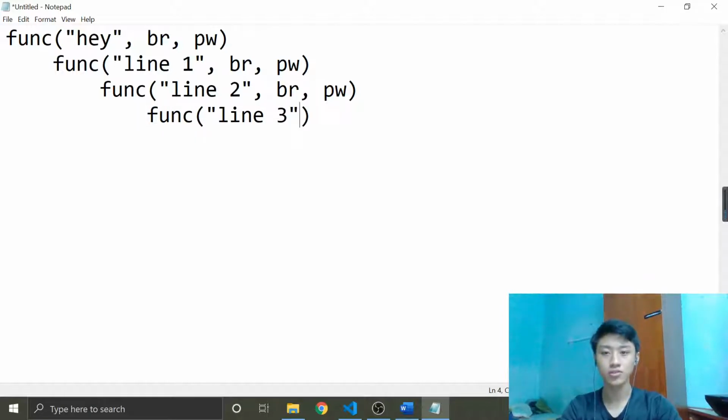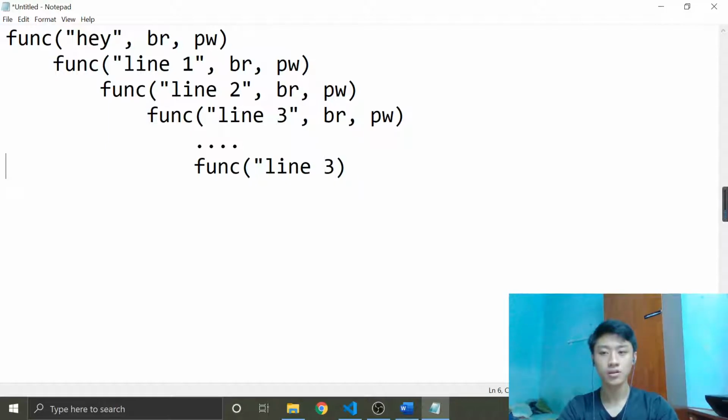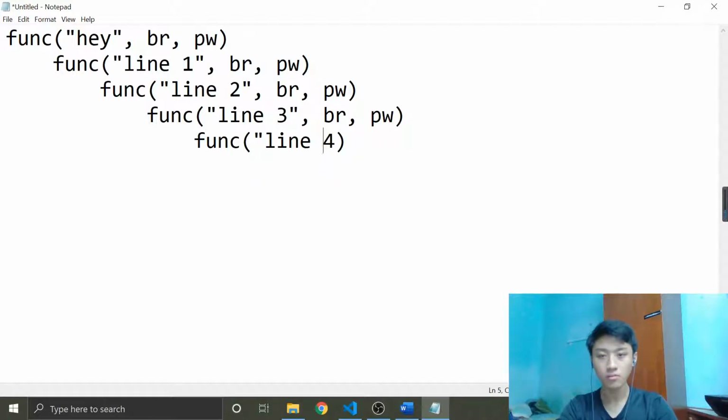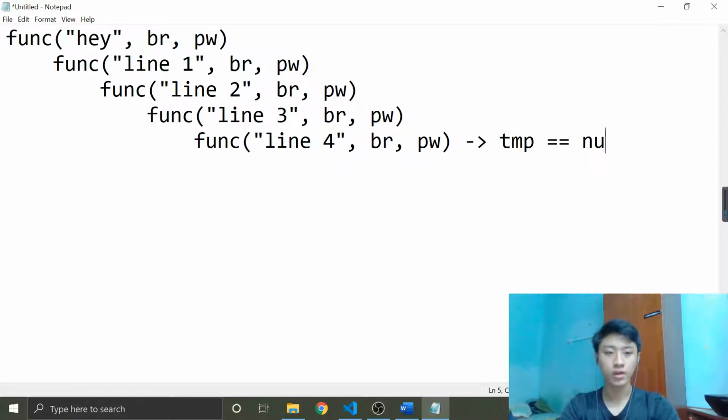So I will go through line 3 n times, until I've reached somewhere where the TMP equals to null. So let's say this function call of line 4 is the final line that our function has. Then here, I will use the condition where TMP equals to null. So remember our stopping condition is to print something then return the statement. So here I will print the line 4 to the